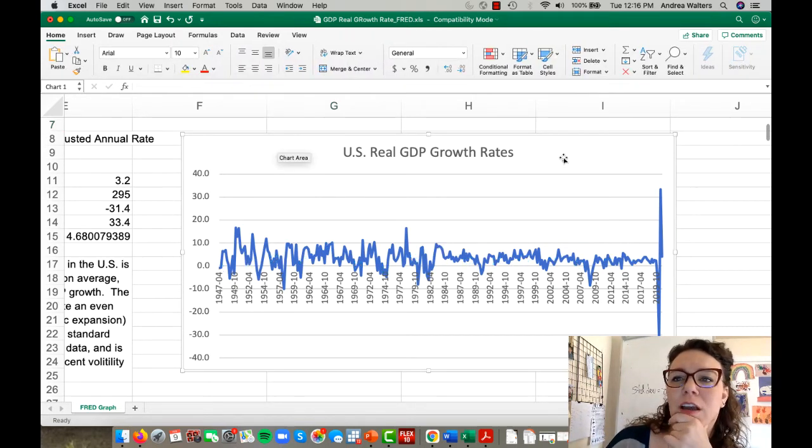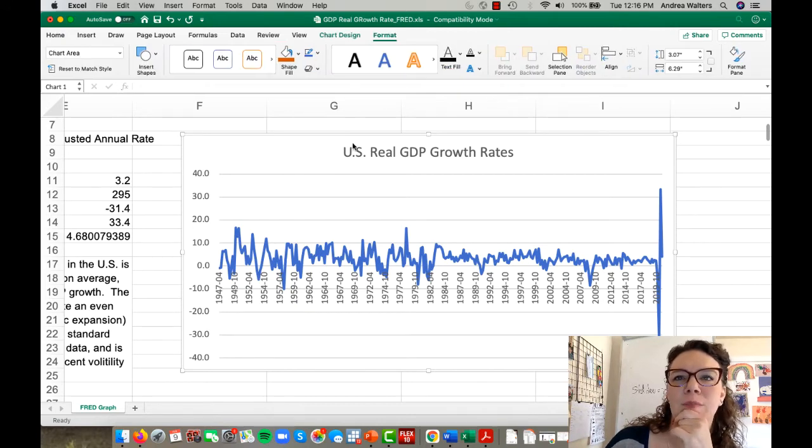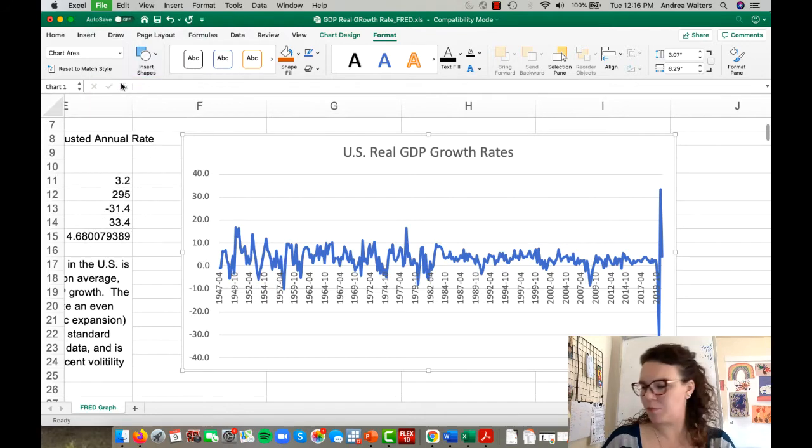This isn't really a class about graphing, but I think it is useful to look at what you can and can't do in here. But that's the first half. So I would save this as my